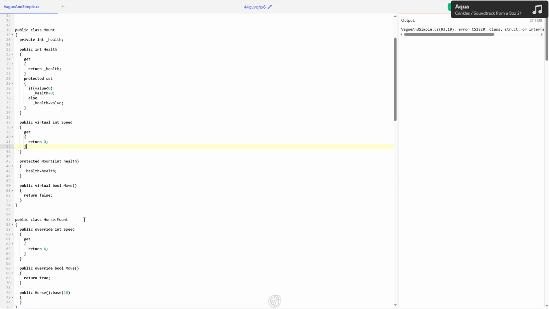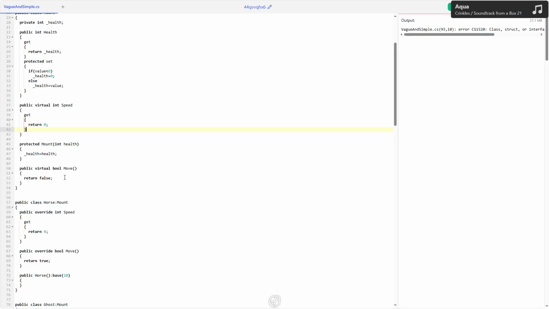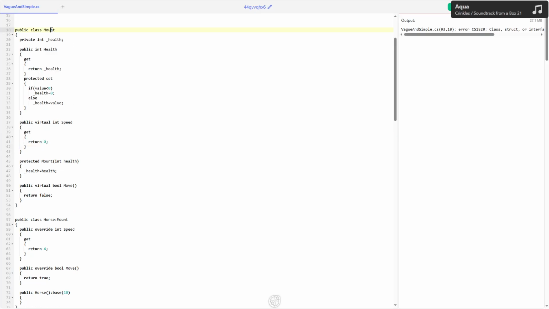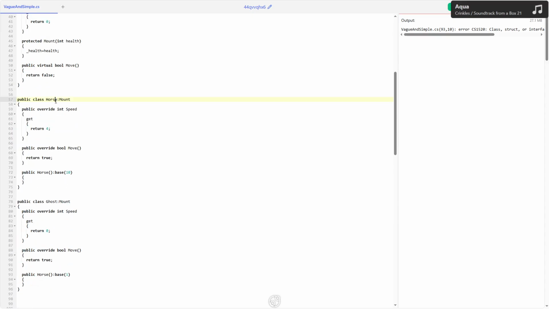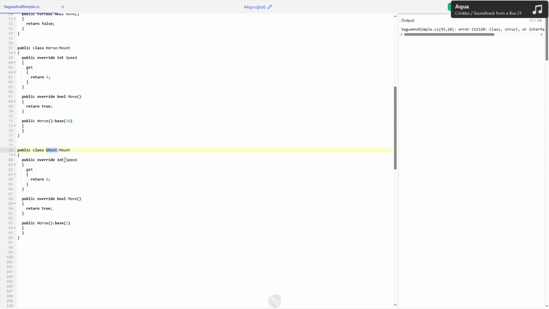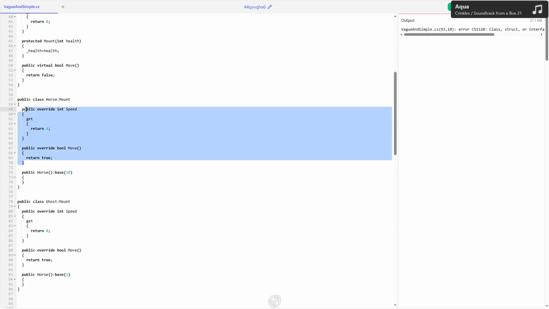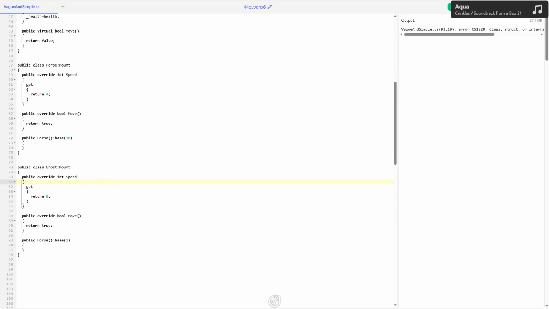Now we have the interesting situation that mount itself cannot be used. And our horse and our ghost both have their own definition for move and speed. We could argue that for the ghosts, since they have 0 speed, we don't need to override and can use the default behavior. Sure, we could save ourselves some code here, but maybe I do want to keep it in